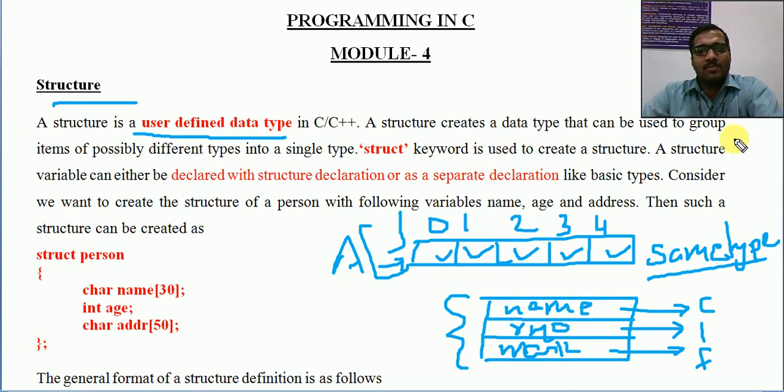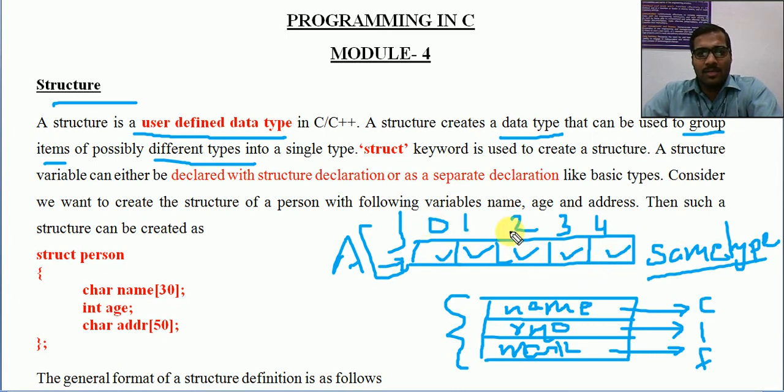Okay, that concept is called a structure, which is a user defined type used in C as well as C++. It creates a data type. Just remember, we are creating a new data type that can be used to group items, possibly of different types. Normally if you have only integer types, you can use arrays. But if they are of different types, for example roll number and mark, even if both are integers, the actual requirement is different, so you cannot use a single array for that.